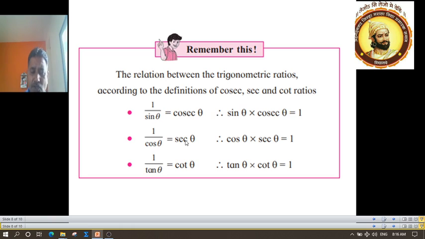Similarly, sec ratio is the reciprocal of cos ratio. So 1 upon cos theta is equal to sec theta. Transfer this cos theta to the right hand side, we have cos theta into sec theta is equal to 1. So another trigonometric identity. Similarly, cot ratio is the reciprocal of tan ratio. So 1 upon tan theta is equal to cot theta. Transfer this tan theta to the right hand side, we have tan theta into cot theta is equal to 1. So this is also a new